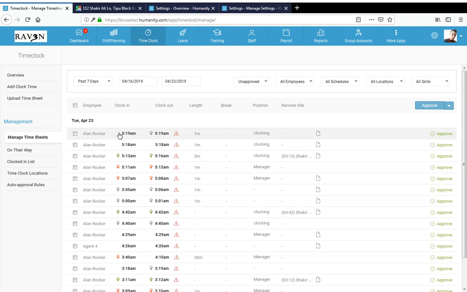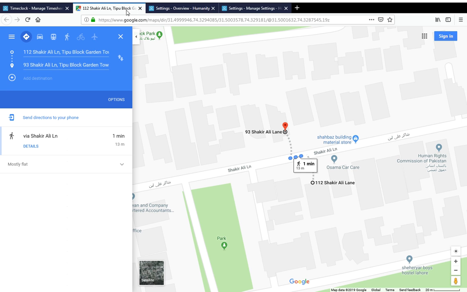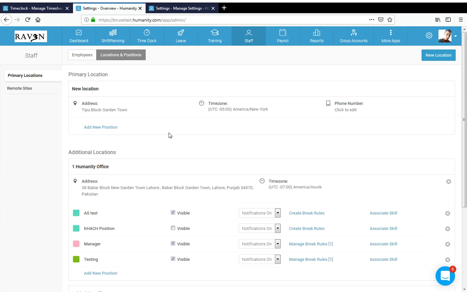So I believe it is visibly noticeable that previously, when we were not sharing our location, there were no GPS markers present over here. However, while clocking out, when we were sharing our location and this location had an incorrect address, rather than an address that was out of range, the GPS marker turned gray. Great. So these were my little findings regarding the GPS feature, and how the GPS and the geo function features work